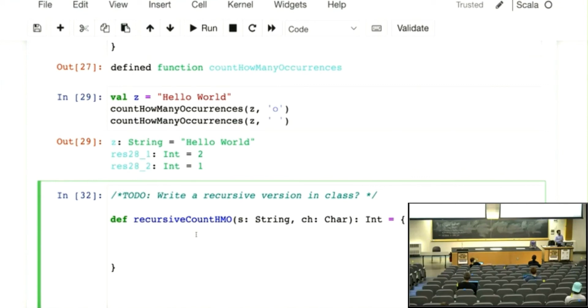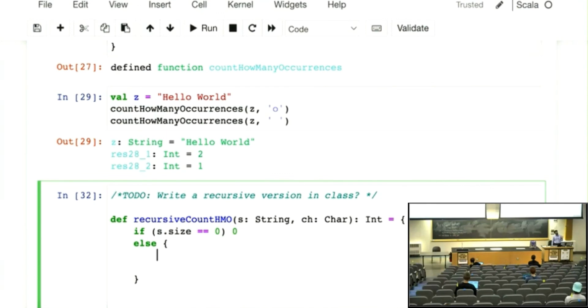So you would say if, and there are many ways to check if a string is empty: you can check if the string is the empty string, or you can check if the string's size is equal to 0. Either way, if it's the empty string, then obviously there have to be 0 occurrences of anything in that string. Else,